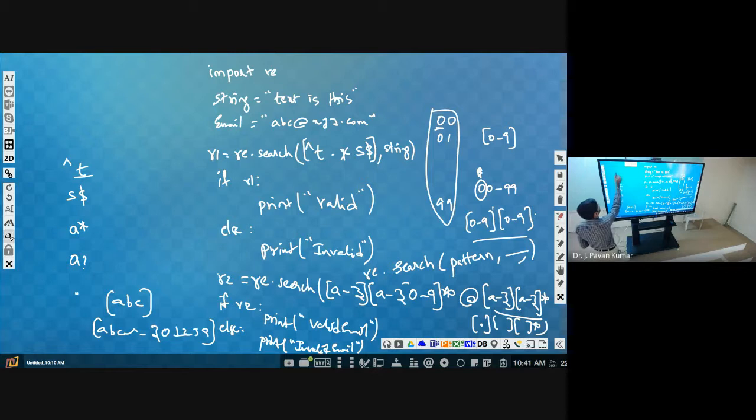Then you can specify here, cap. Then if you wanted to start with, that's it. Yes, you can specify this one.